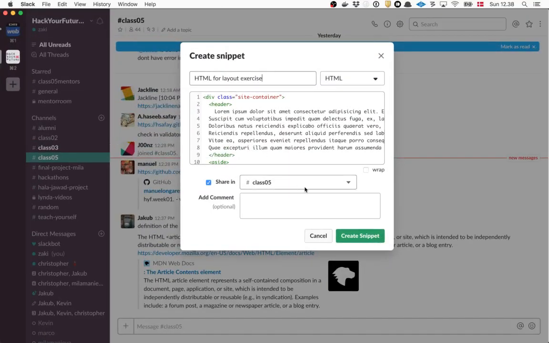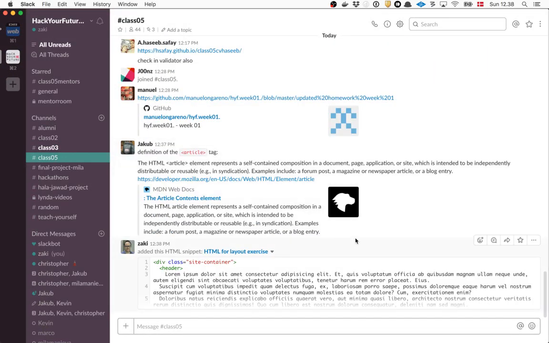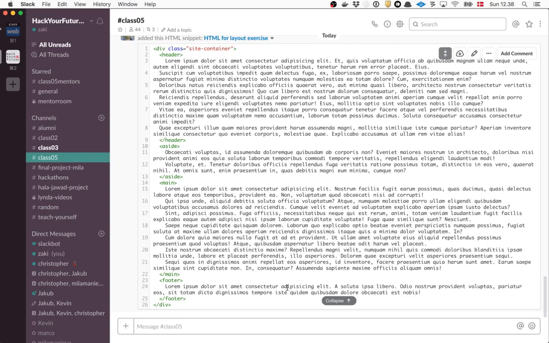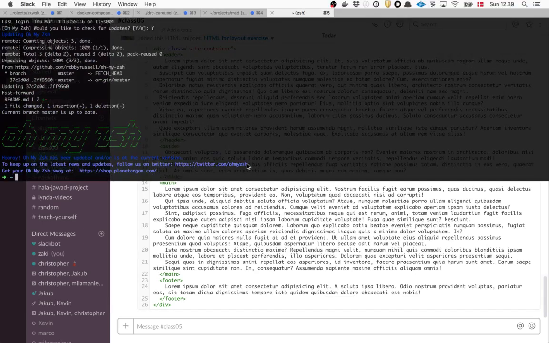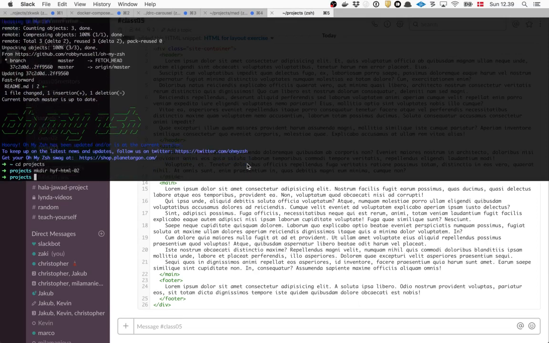I'm just gonna post a snippet here on Slack, and I would very much appreciate if you all go and code with me. So please copy this snippet and create an HTML file. Where should I post this?